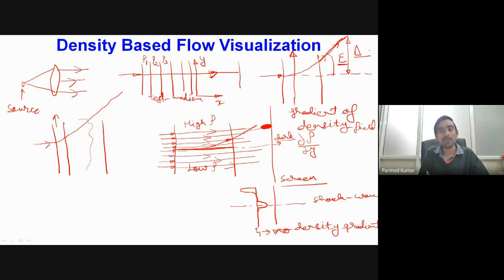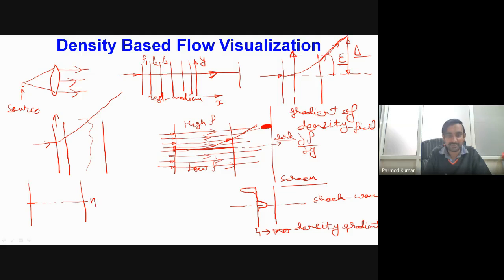Okay, now one important point, as I have told you, is that we may also have a shift of phase while we are having the situation of density gradient. So let us try to see that also. Now, what I am considering is that in this test section, at this particular location,